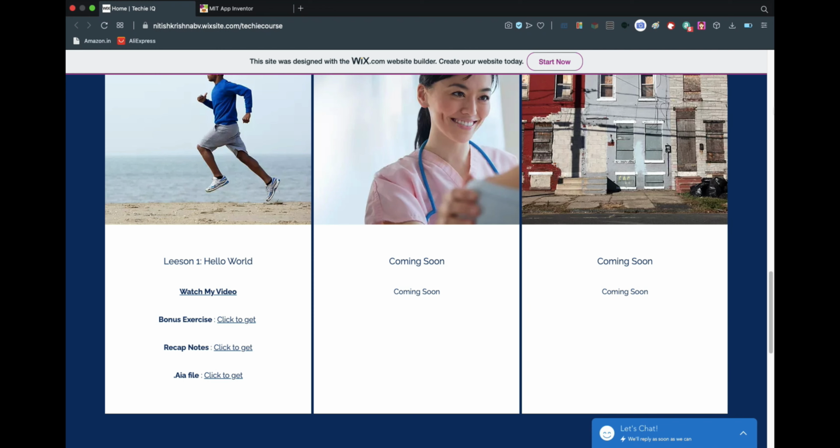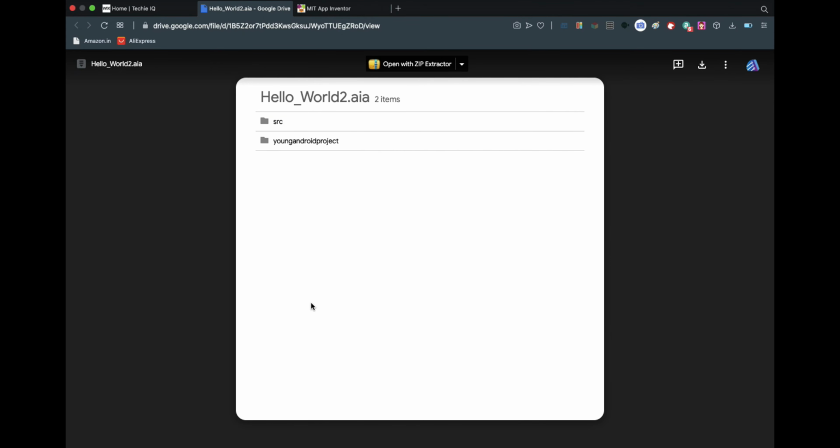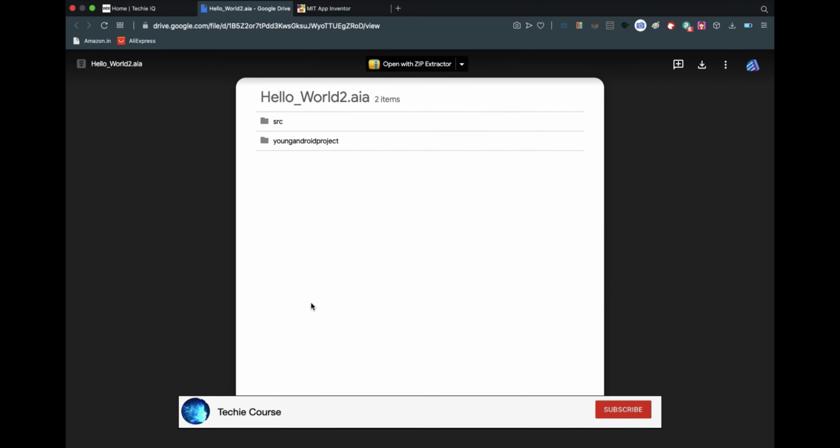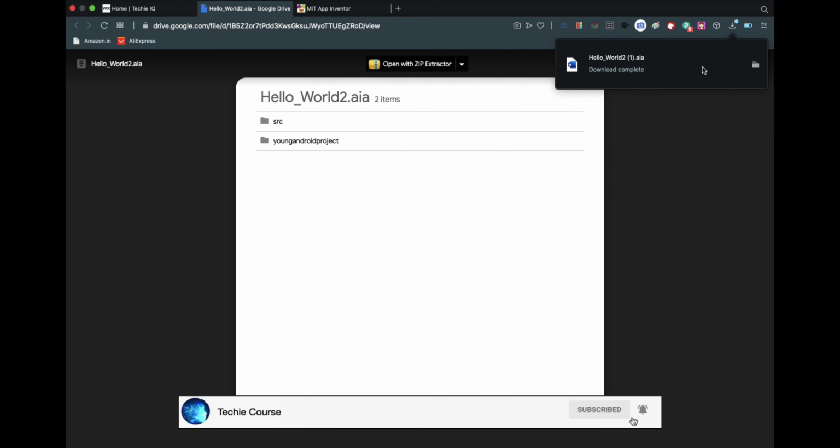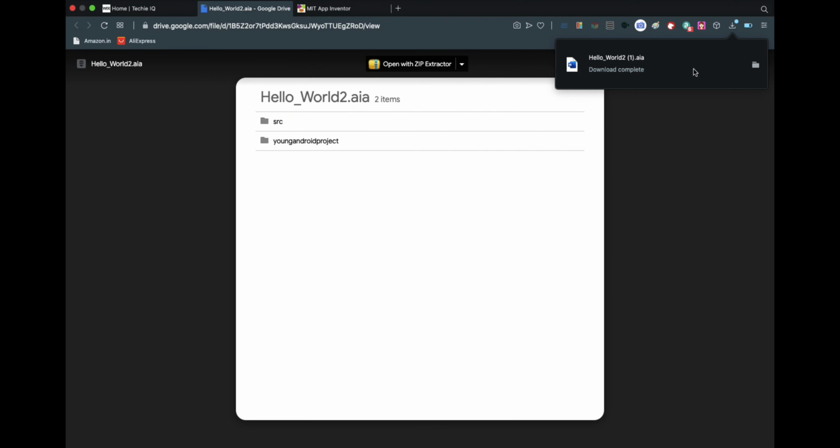So just go to the resource page which I gave, and there'll be a thing called AIA file, and click to get it. So I'll click on that, and a page like this will appear. If it doesn't appear like this, please tell me in the comments. And there'll be an option called download over here. So click on that, and it is downloaded.